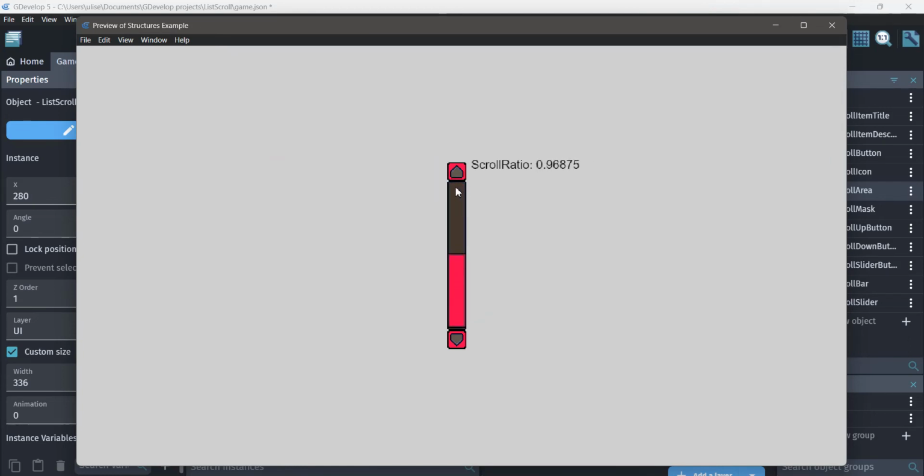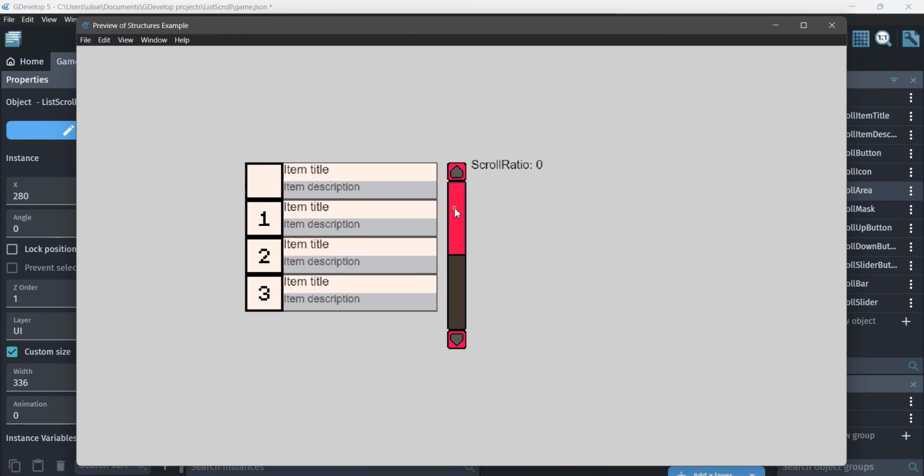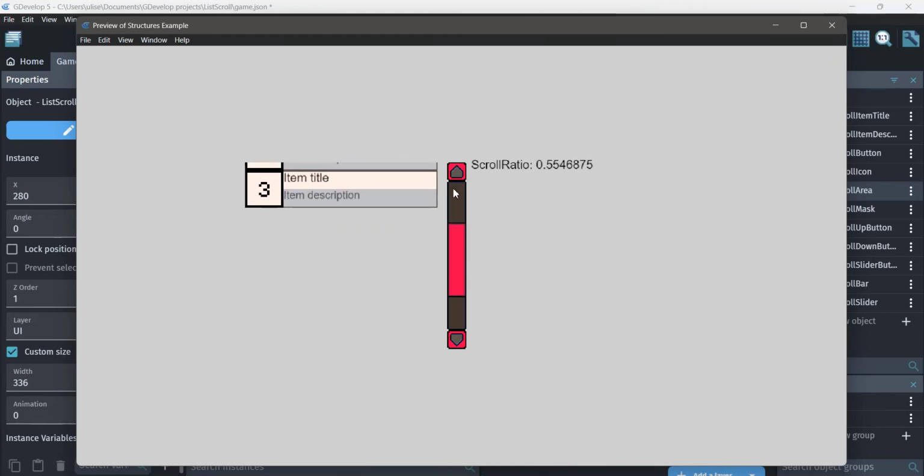So we check if this top, this part of the slider, is greater than this, the slider background bar,